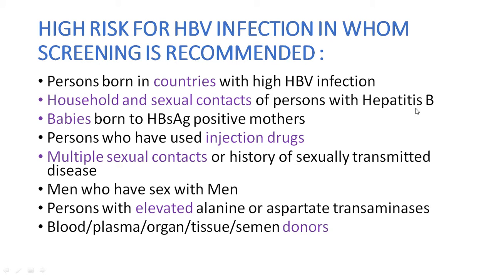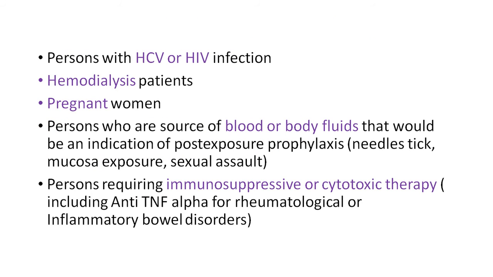household and sexual contacts of persons with hepatitis B, babies born to HBsAg positive mothers, persons who have used injections or drugs, multiple sexual contacts or history of sexually transmitted disease, men who have sex with other men, persons with elevated ALT or AST, blood, plasma, organ, tissue, semen donors, persons with HCV or HIV infection, hemodialysis patients because they get dialyzed multiple times, so infection can occur through hospital